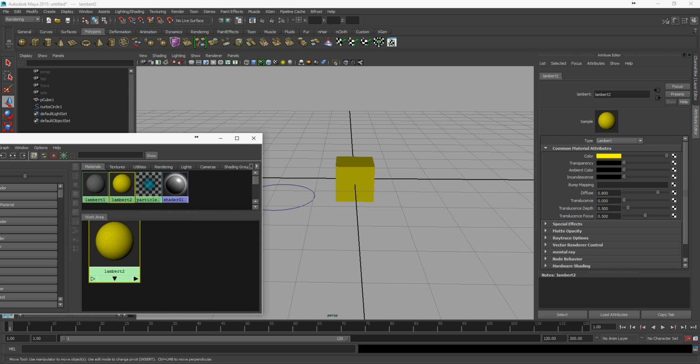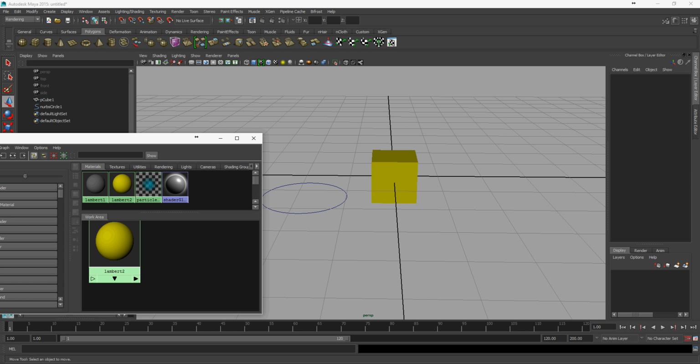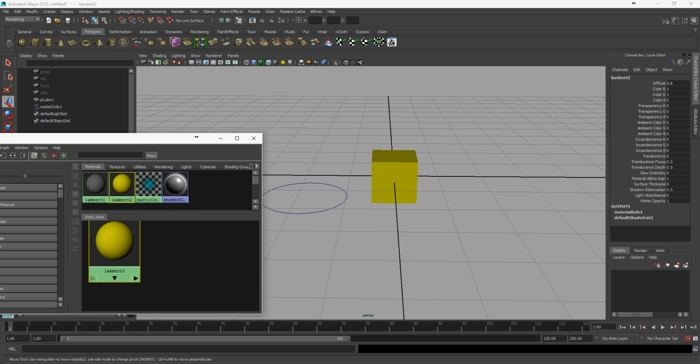Okay, when I double click this Lambert 2, I get this attribute editor. Attribute editor is sort of a graphic interface with sliders and values as well. But if I go back to my channel box, I can see that this Lambert 2 has attributes that are mostly numeric, right? So since we're dealing with expressions, and expressions work with values most of the time, you can